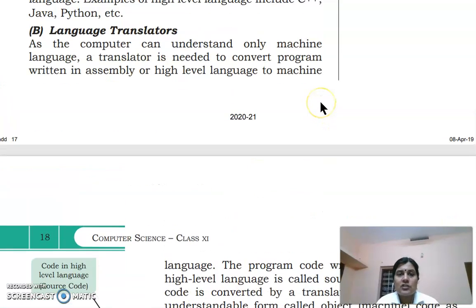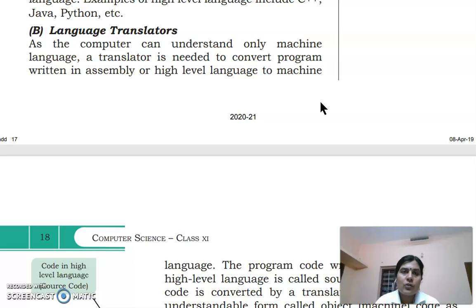So we already talked about three types of language. They are low level language or machine language, second is assembly language, and third is high level language. Most difficult for us is low level language. Easiest for us to program in is high level language. And there is an intermediate between these languages, assembly language. Compared to low level language it is easy, but compared to high level language it is difficult. It uses an English-like structure. So these are the three languages used for programming.